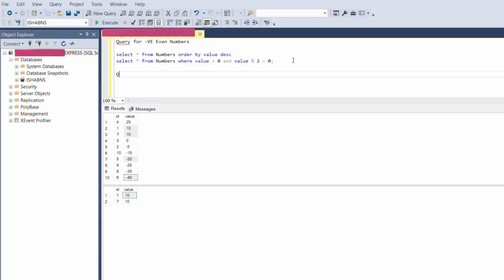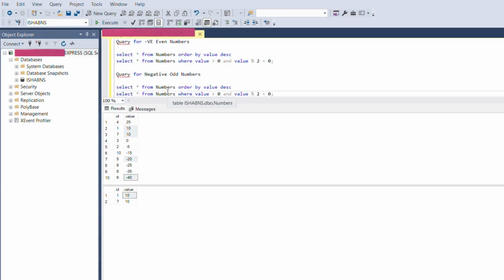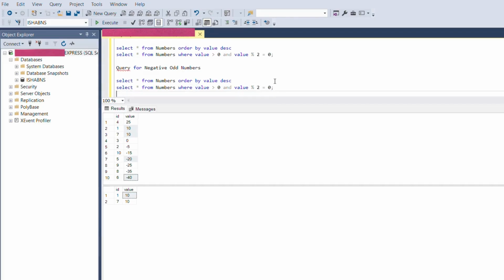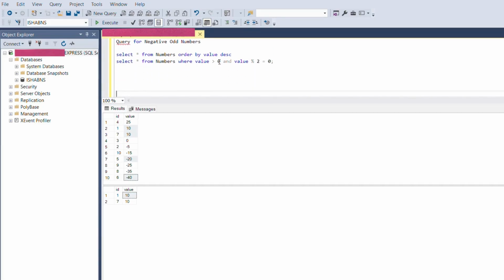In the same way, the query for negative and odd numbers. Just now we checked for positive and even numbers. Now let's check for negative and odd numbers. I'm using the same query, with minimal changes. Instead of value greater than 0, for getting the negative numbers we give value less than 0 and % 2 not equals to 0.